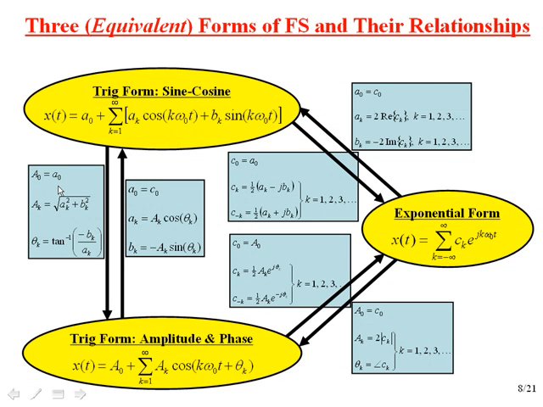So here are the relationships between them. And again, I'm not stating the forms for directly computing the coefficients. So over here we have the exponential form that we just saw. We know how to find the c sub k. So let's start there. Down here we have the trigonometric form that we've seen before, and that's specified in terms